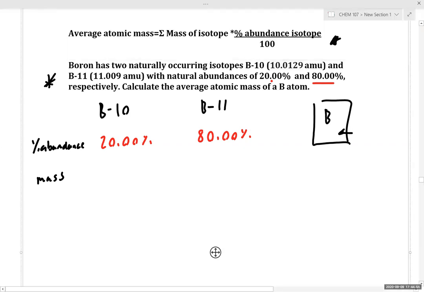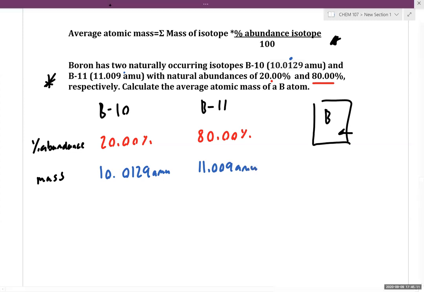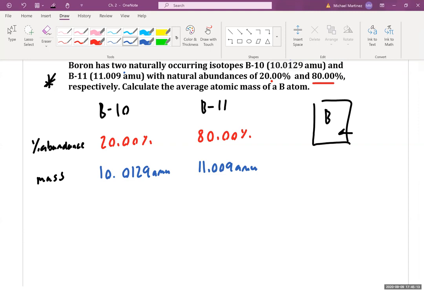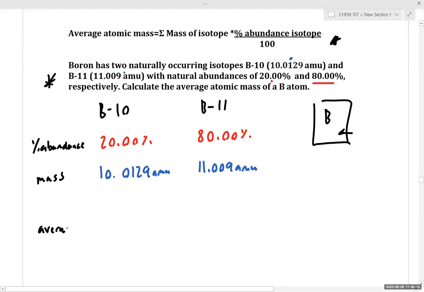We also know that boron 10 has a mass of 10.0129 AMU. Boron 11 has a mass of 11.009 AMU. Okay, so we have all the data we need to calculate the average atomic mass of boron,